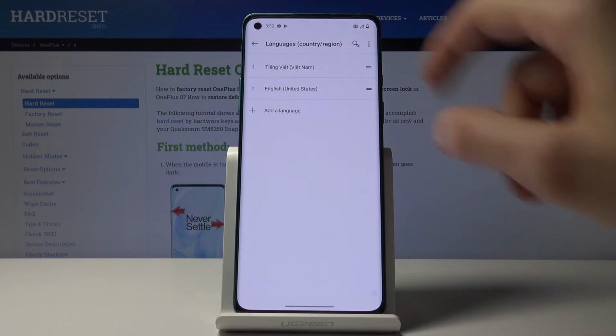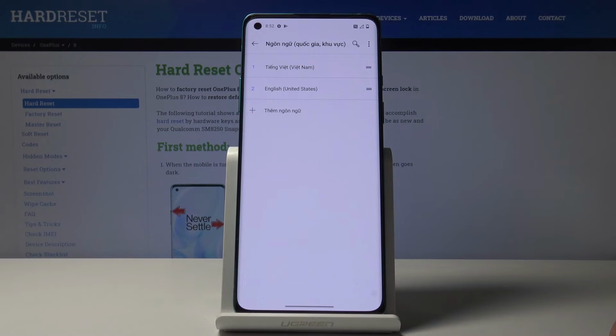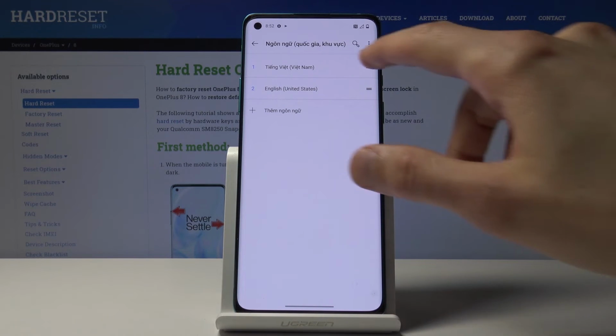Then you want to grab it, drag it over, and there we go. You can see that it automatically changed the system language. So that is how you would change the